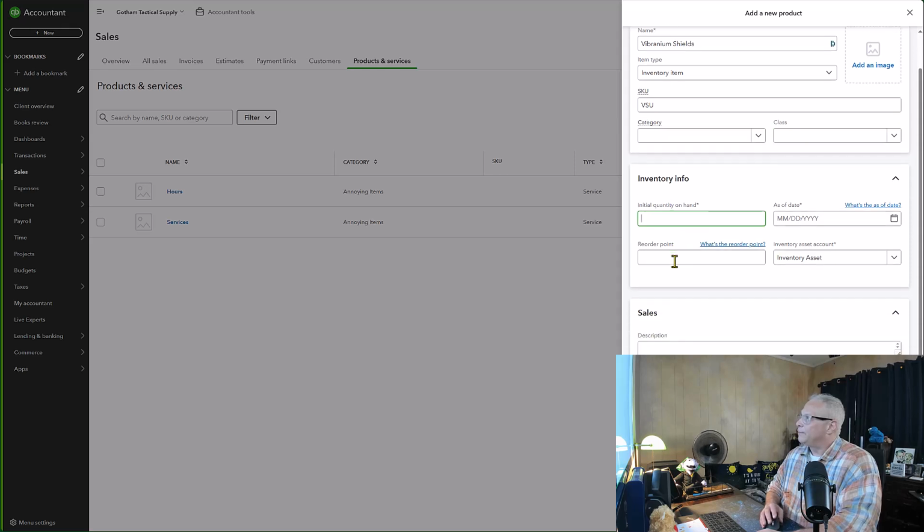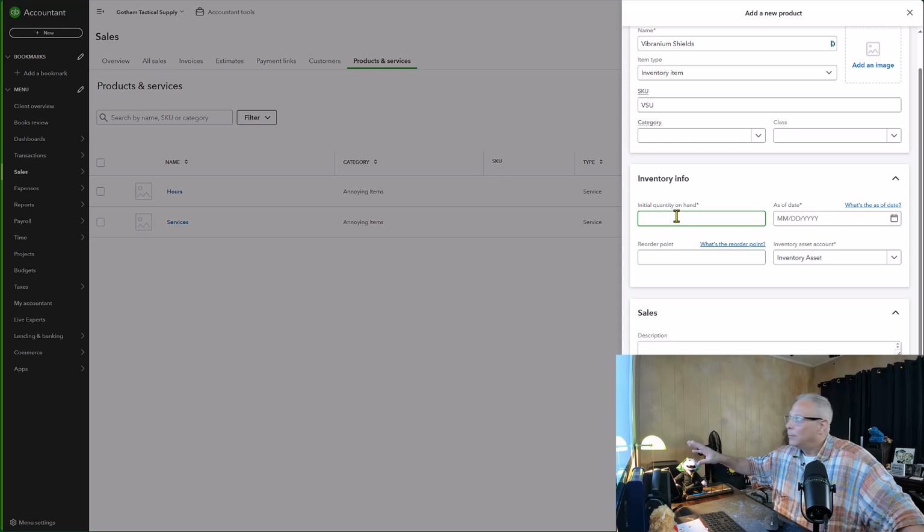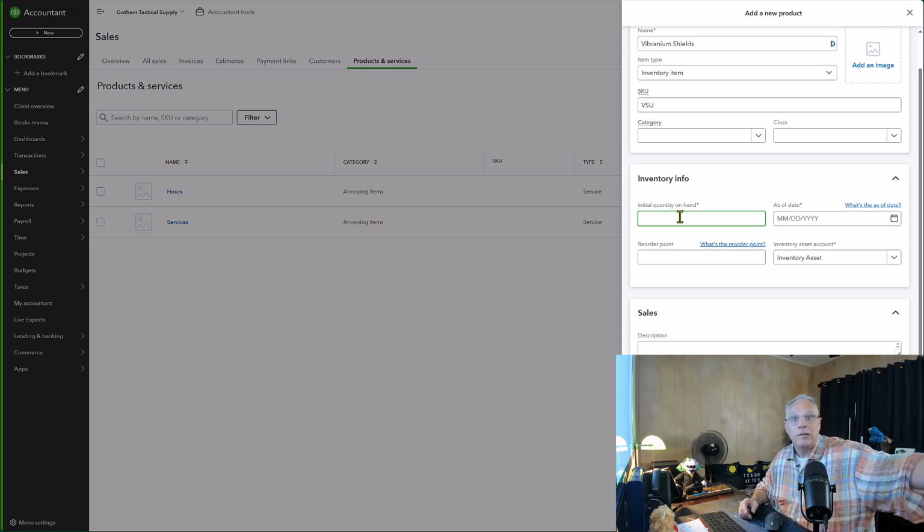Now the next thing that comes up is the initial quantity on hand. My advice, my humble opinion, is never ever use this, because whatever I say I have on hand, it's going to post an opening balance equity entry for the value of that inventory, and I don't want to do that. I always want to record the intake of inventory through a bill, even if it's existing inventory where I'm never going to record the purchase and never going to pay for it because, again, we already have it on hand from somewhere else. Let's say the owner is contributing that inventory. There's still a way to do it through a $0 bill, which is another video for another day, but just rest assured you never want to use